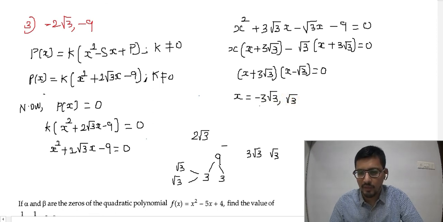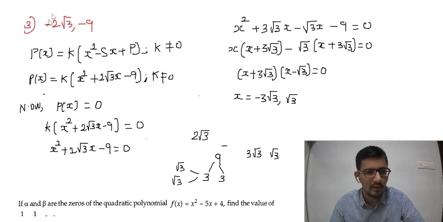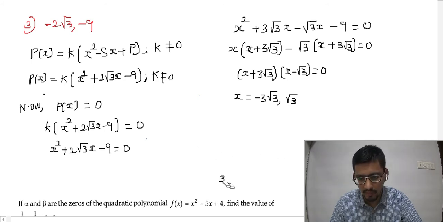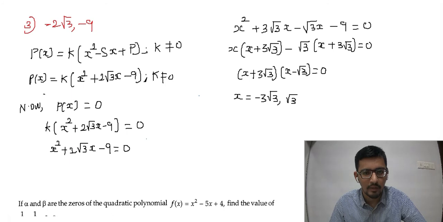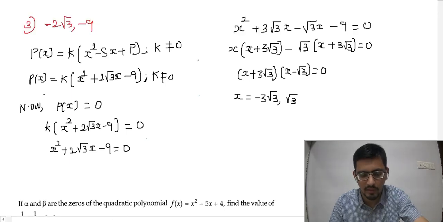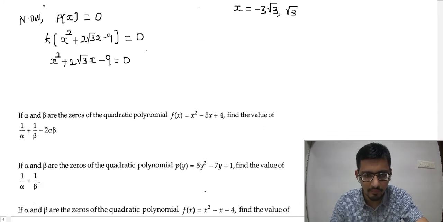So very clearly we can see, if you add these two I get minus 2 root 3, which means the sum of roots is minus 2 root 3, and if you multiply these two, I get minus 9. That means technically we are right. This is your answer. Okay, if any problem is there, you can see this video again one more time. You will definitely be able to understand, and after that if any problem is there, you can ask me your doubt in the comment section.